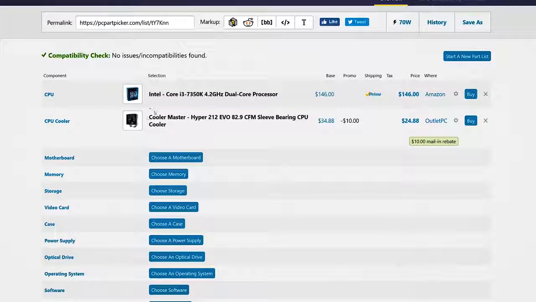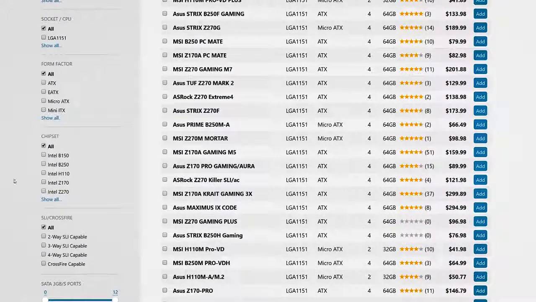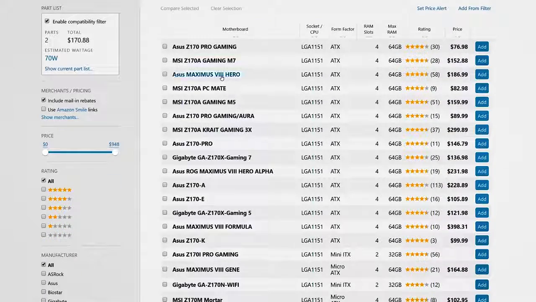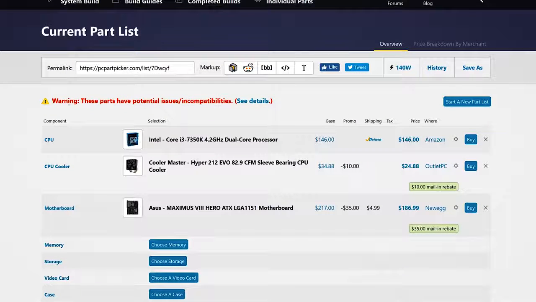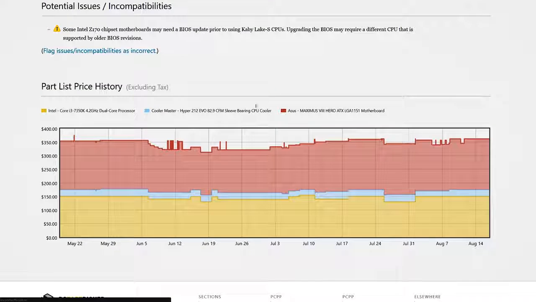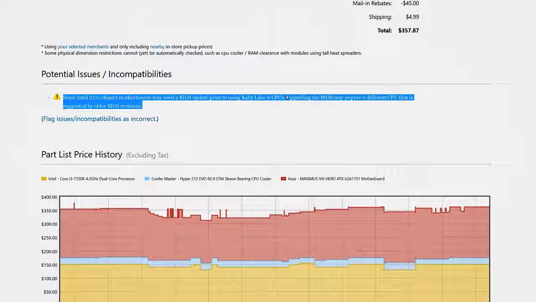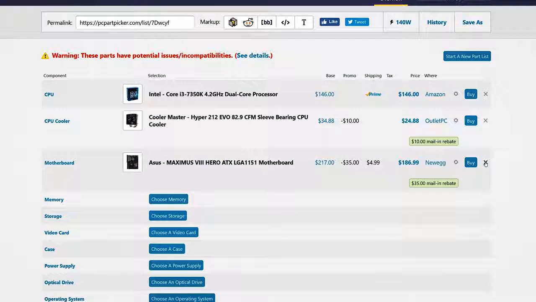So just add that. For a motherboard, because I have a K series, it's overclockable, I'm going to want to go with an Intel Z270 or a Z170. Now, if I go with Z170, you'll see here, if I pick this, add to parts list, it shows here that it has potential compatibility issues. If you look through here, at the very bottom, you can see that there are some potential issues you may have. So this is why this site is actually really good, because it shows you what compatibility issues you might have. So if we go here and remove that,